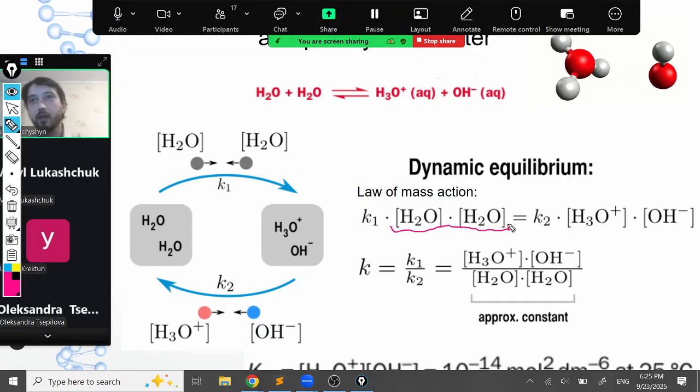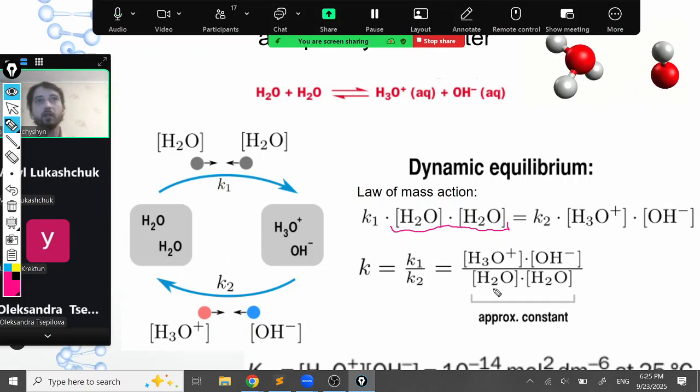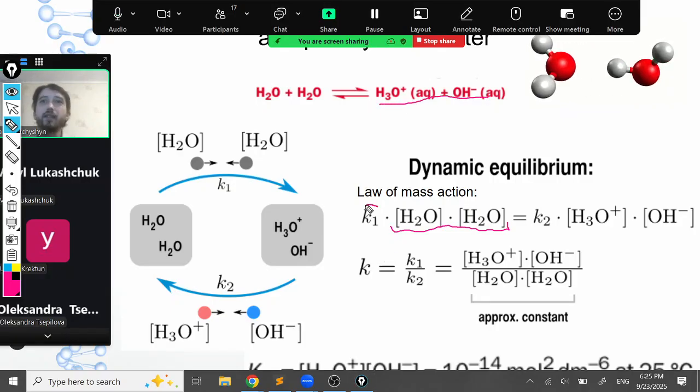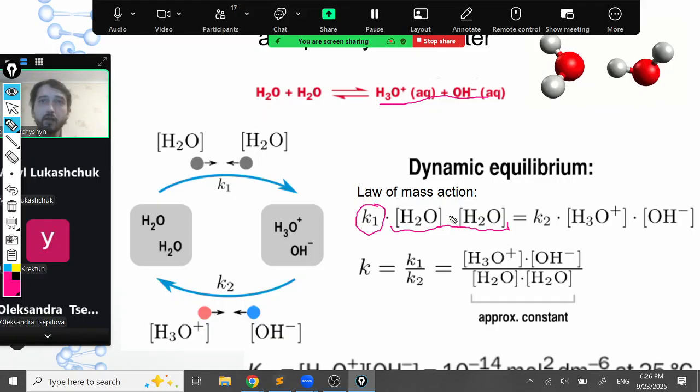So this part is the probability that two water molecules hit each other. With a certain probability, the reaction may go forward, if it was some sort of productive interaction, and we will get these ions. We designate that as some sort of constant. It's just an approximation, but it's pretty good working, so we'll go with that. On the other hand, if the reaction is between H3O plus and OH minus,